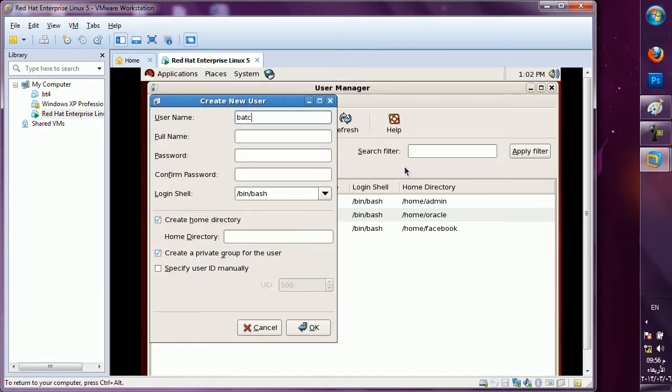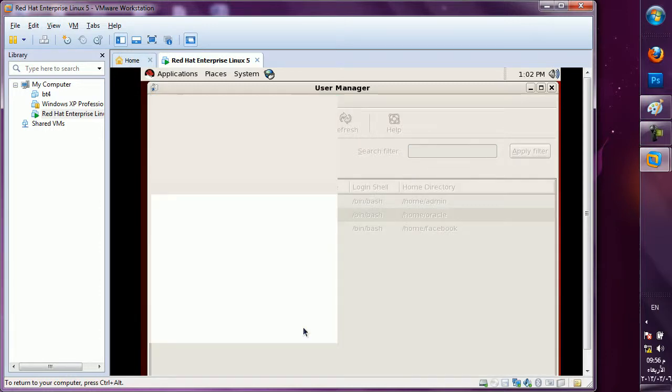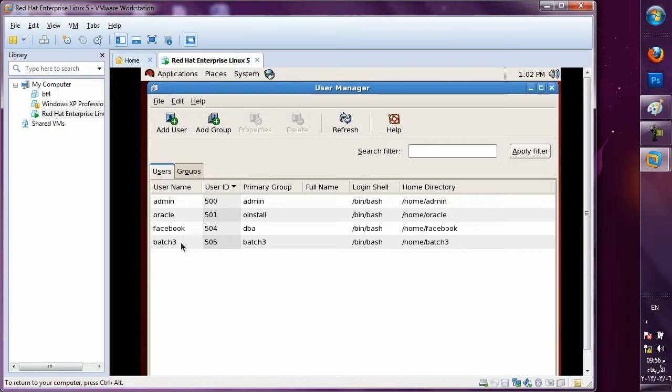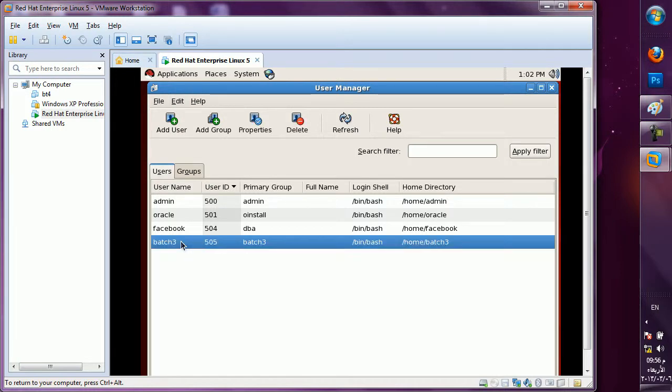Suppose I am using batch 3 and the password batch 1 2 3 4. So my user is created by the name batch 3.